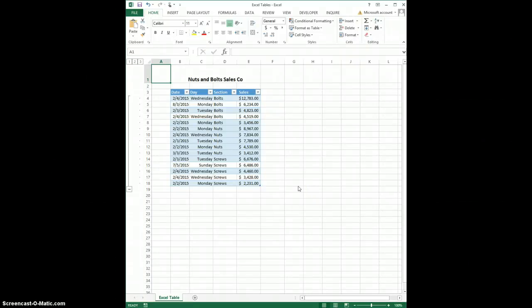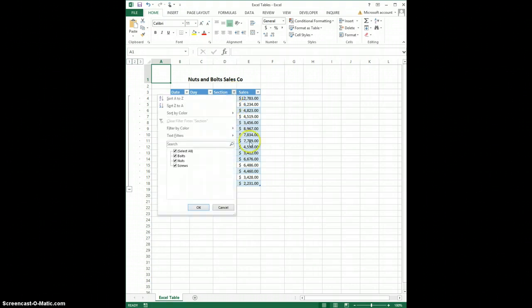Hi, this short video will cover filtering and the addition of something called a slicer. So we've got the Excel table here that we've used before. What we're going to do is filter it, which means that we're going to remove sections that we don't really need. So here we really only want to look at the bolts and the screws section,